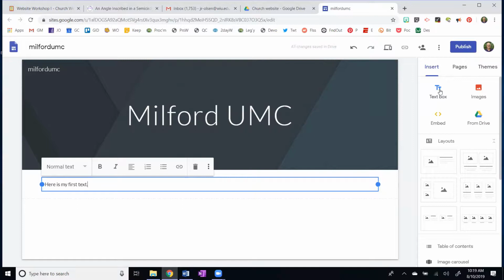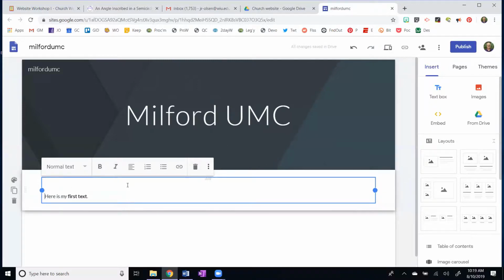Let me go ahead and make a comment right off the bat here, which is on your handout at the bottom, note on formatting web pages. I can have boldface here, and I can have italics, okay? I can have bulleted lists, I can have numbered lists, I can center, left justify, right justify, but notice that I do not have an option for changing my font size, okay? As you can see on our handout, generally, you cannot change the font size like you normally would in Word. Instead, what we do is we use headings.